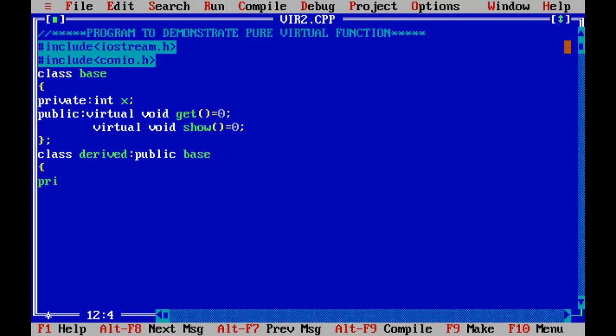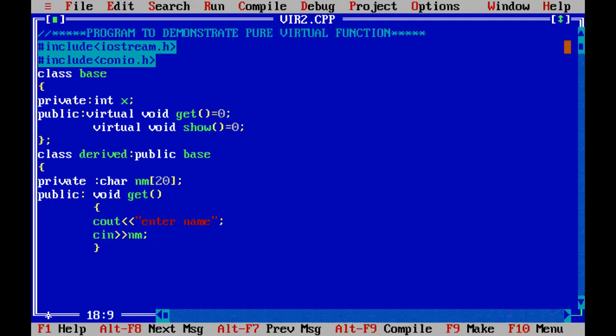Now in the derived class we are going to declare one variable, char nm of size 20, and in public we are declaring one function, void get, and in this we have just asked the user to enter name: cout enter name, and then cin nm.